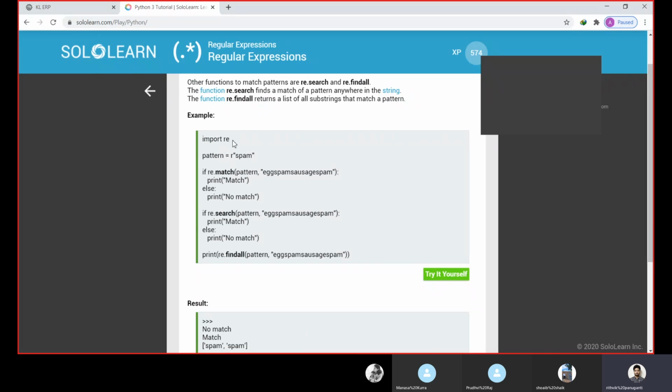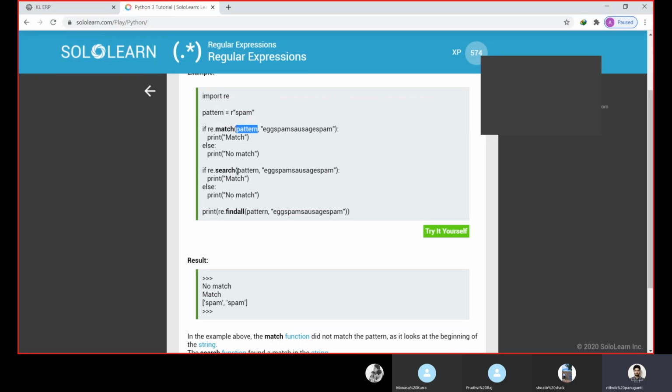At first we import the regular expressions module. Then we assign our expression to the variable pattern. With re.match, which we saw previously, it checks the beginning of the string. The pattern is spam, and the input string is egg, spam, sausage, spam. If this condition is true, we'll see match in our output, else no match.